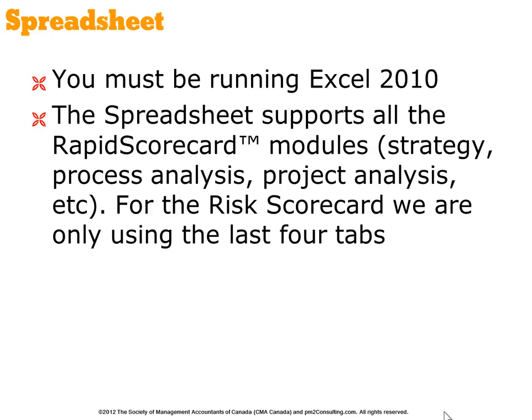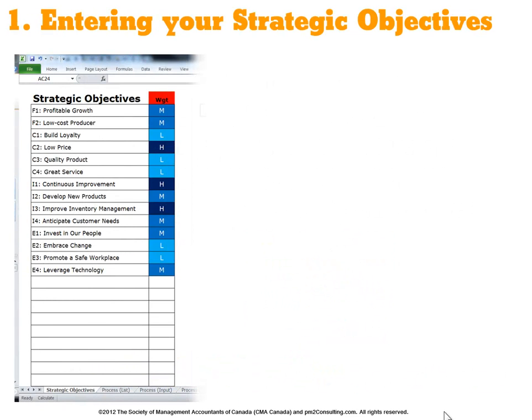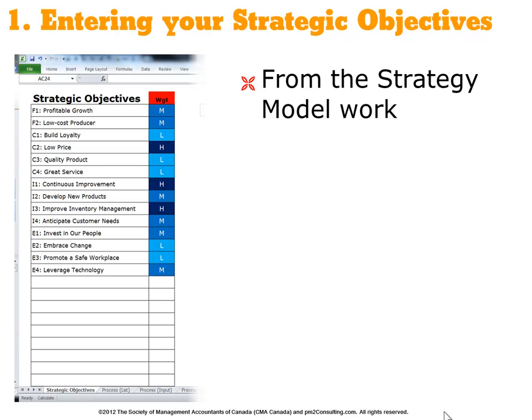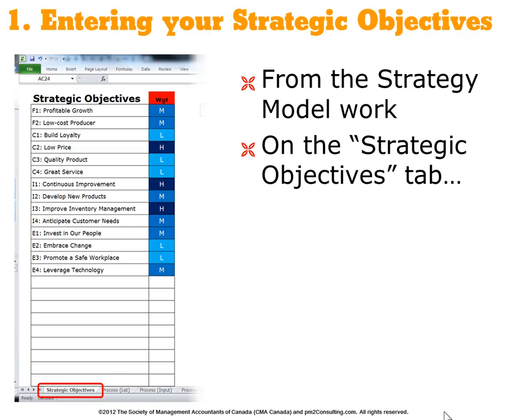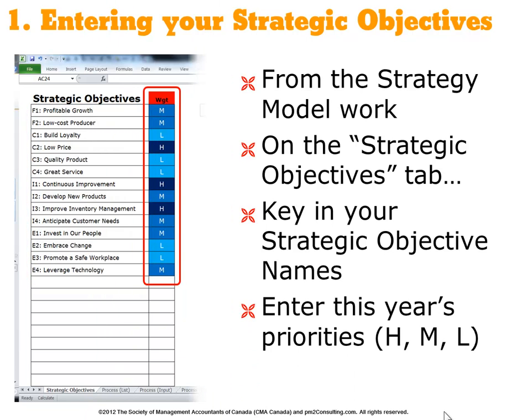For the risk scorecard, we're only using the last 4 tabs. So if you're to open up the spreadsheet, the last 4 tabs are about risk list, risk input, risk charts, and risk scorecard. So step 1 is from the work you already did in the strategy model. This may exist. If not, you're going to need to go to the strategic objectives tab, which will be on the far left. And within that, you're going to key in your strategic objective names. And then finally, you can enter in this year's priorities, the high, medium, low that you and the team agreed to. So that's step 1,